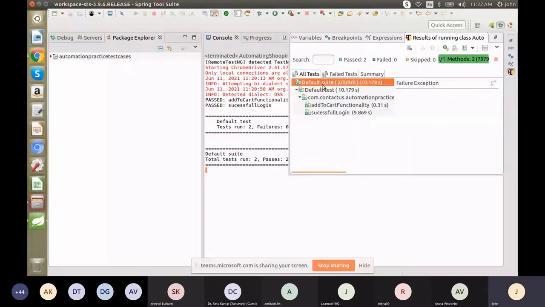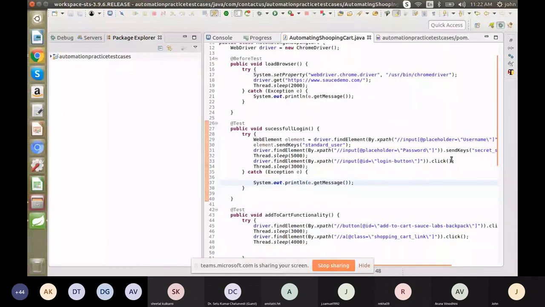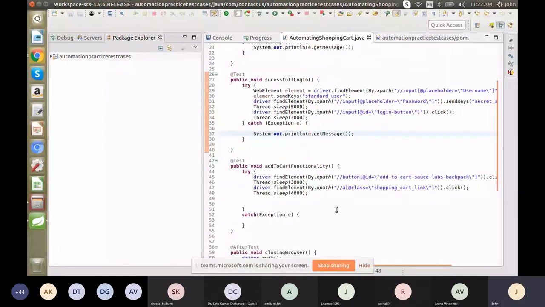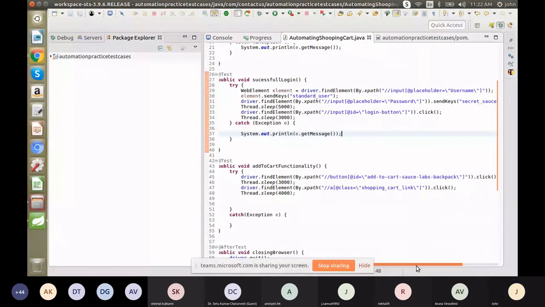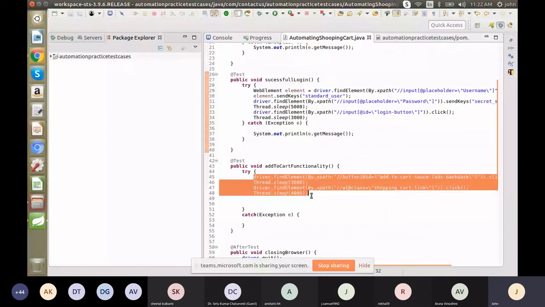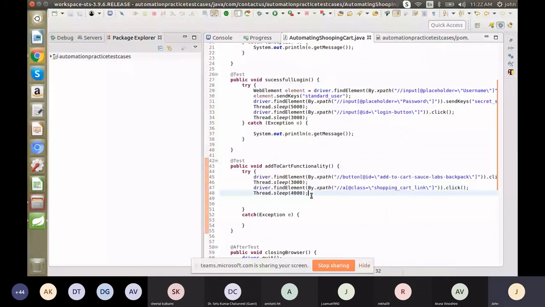Let me open. We'll write it in one chart and we'll see it is working.